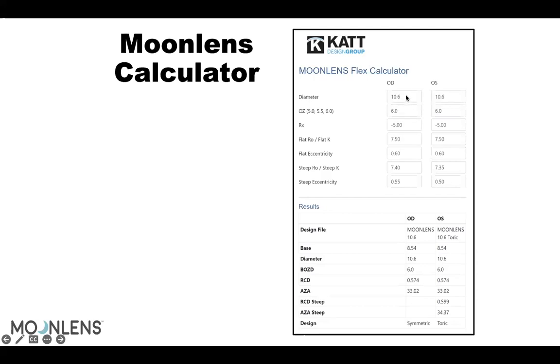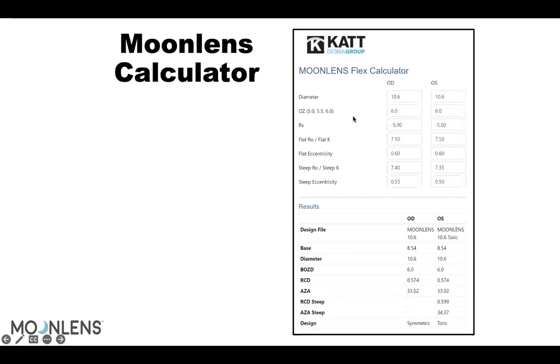Like I was telling you, by default, the 10.6 will be standard, but you can switch it by 0.4 to the diameter, and an 11 diameter is going to work better for those larger corneas, right? So like I was telling you, you can select either the 5.0, 5.5, 6.0 optic zone